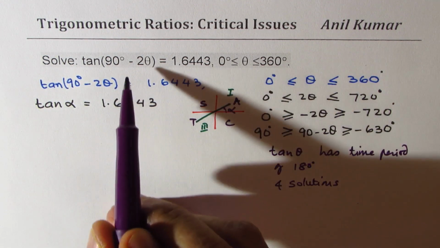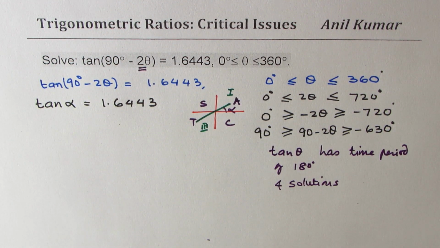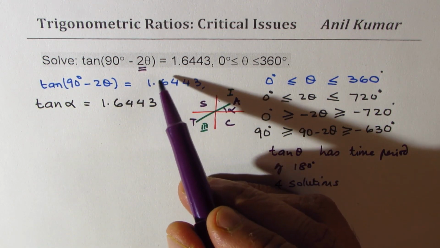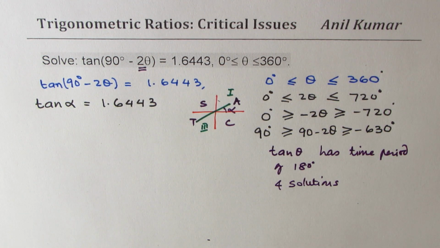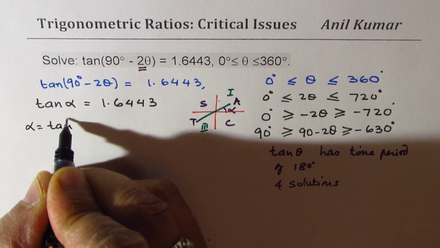Correct? For 2 theta, because it is 2 theta, right? So we expect 4 solutions, 2 in 360 degrees and 2 more in the next circle. Perfect. So as we did, we'll first find the acute angle alpha, which is